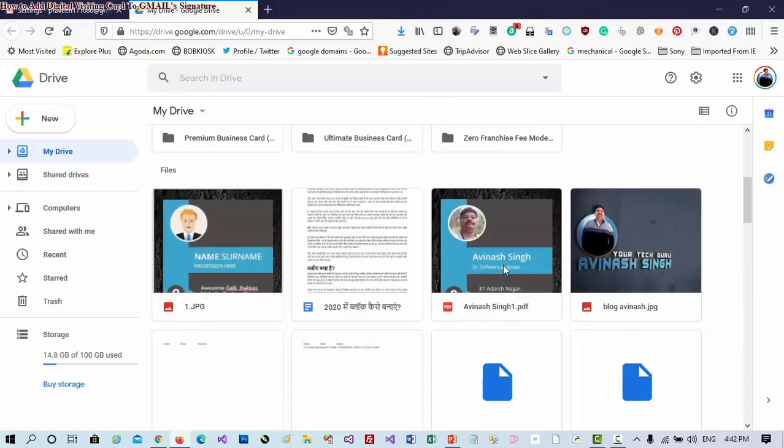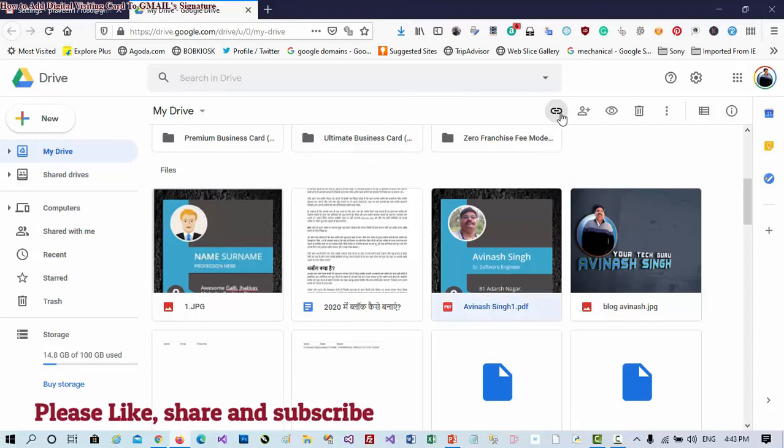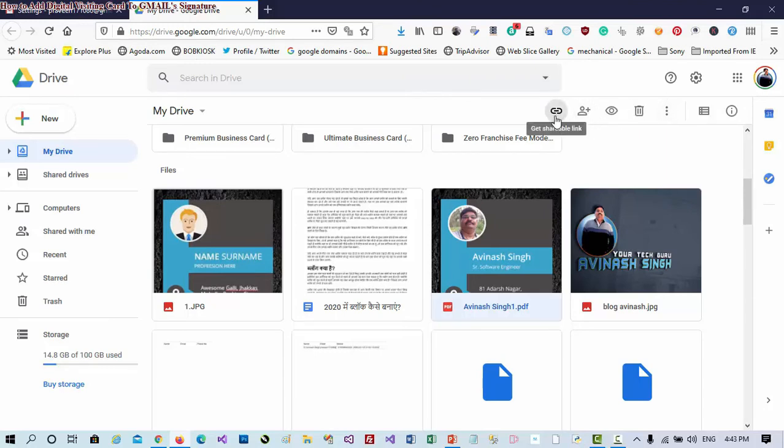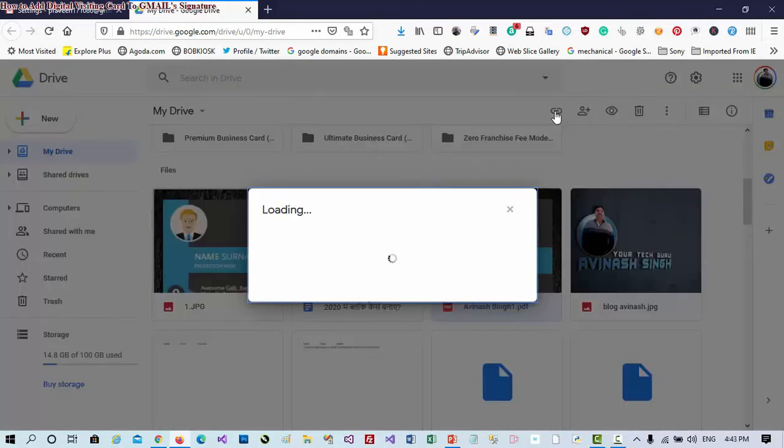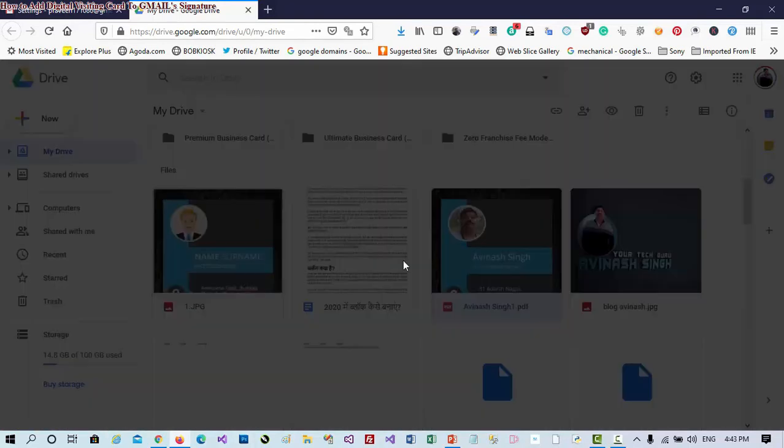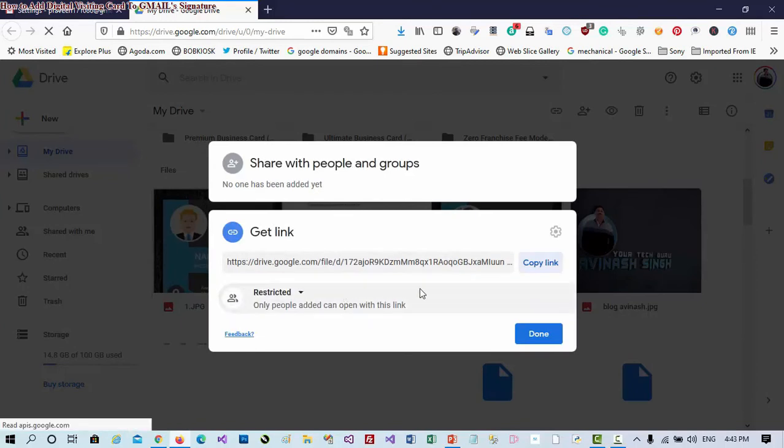So I get this. Once you click on the digital visiting card, you can find at the top right-hand corner of the drive the shareable link. So you have to click the Get shareable link button. Once you click, a small window opens in front of you where you will find the link that you have to copy.